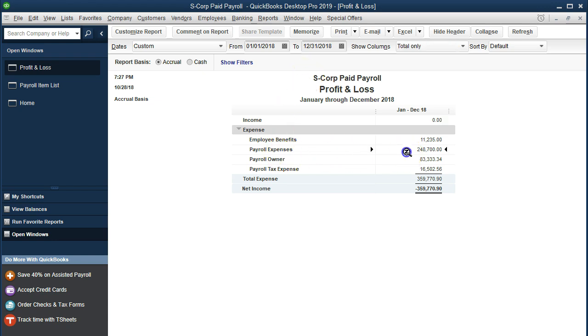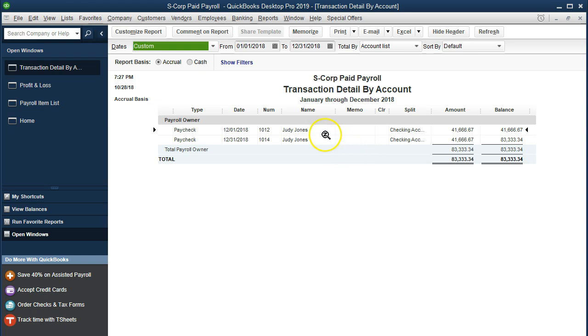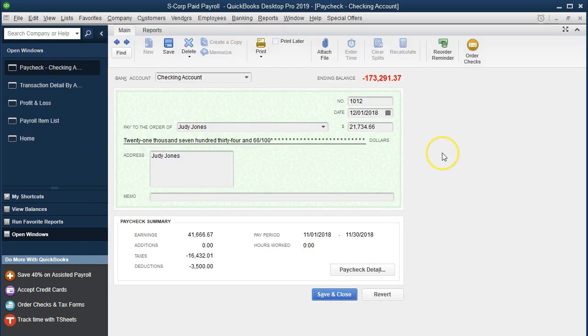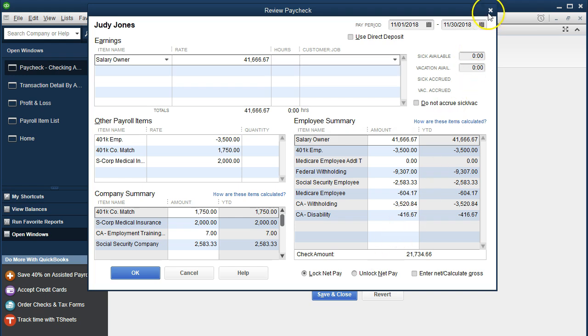We can see that we've broken out some of these expense accounts. Remember that by default, all of these would just go into one expense account. But we can, by adjusting the items, adjust which expense accounts or how many expense accounts we want and how to group this information. And we now have broken out the payroll by the owner. So if we look at this item, it has now been broken out from the payroll expense. And this then, if we double click on it, will be the payroll for Judy Jones because that is our owner. If we click on any one of these, it go to the payroll checks and give us the check detail. So if I'm going to close this back out,